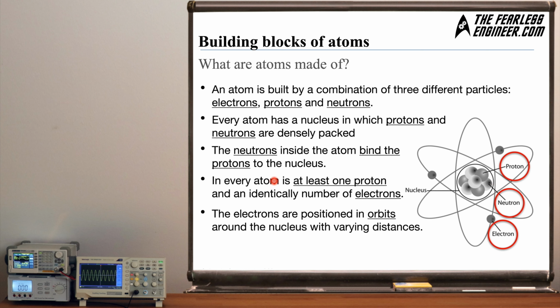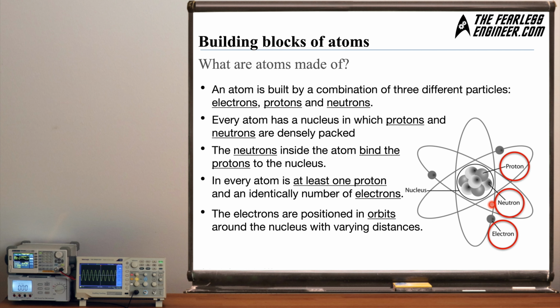And every atom has at least 1 proton and also an identical number of electrons. The electrons circle around the nucleus in various orbits. An orbit means basically a circular path around the nucleus with a varying distance. There are several orbits depending on the atom. You might have only 1 orbit, you might have 8 orbits or even more, but the electrons encircle the